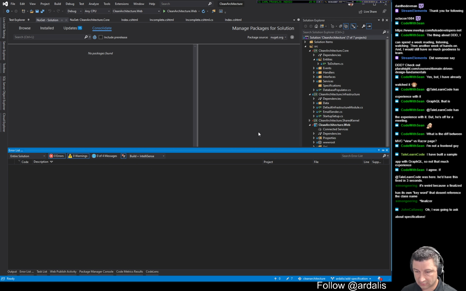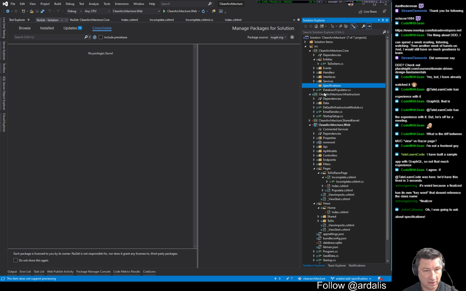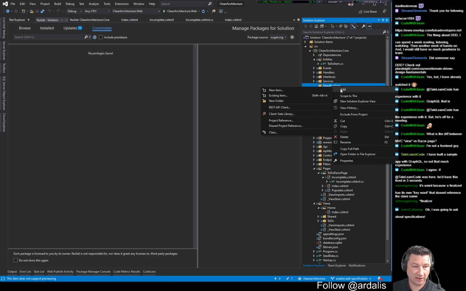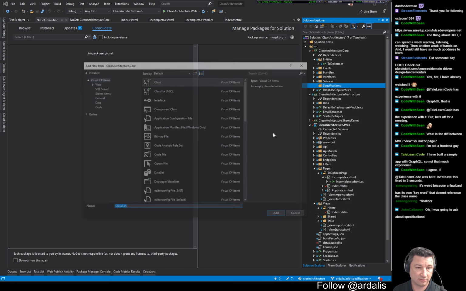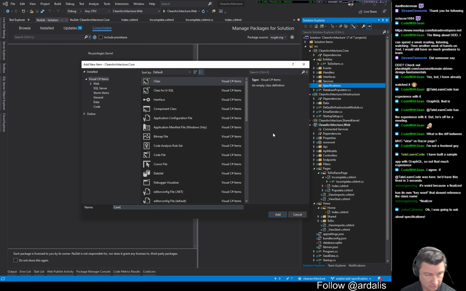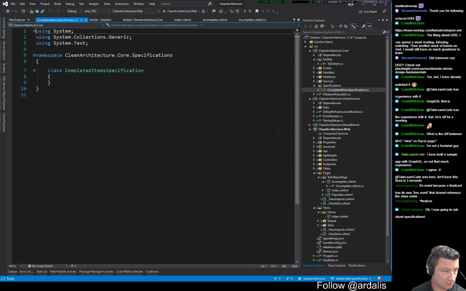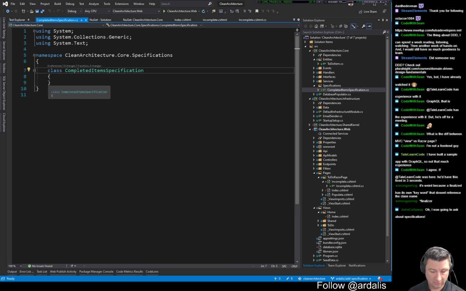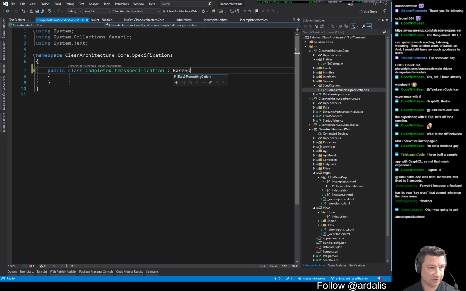Perfect. Alright. John was going to ask about specifications. Well, here's your chance. We're going to try and create one from scratch here. We're also going to need to have our database, our repository support them. So we'll figure out how that works too. So we're going to add a new class. We'll call this completed items specification, make it public, inherit from base specification,